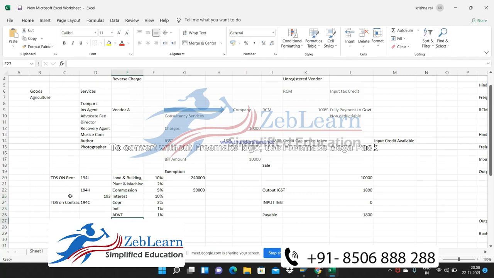And there is one more section, commission, consultant, professional services, and it is also having the rate of 10%. And yes, for salary, section 192 is applicable for salary TDS deduction.